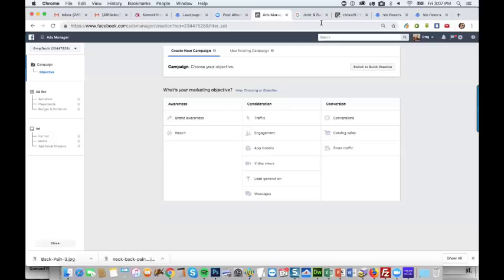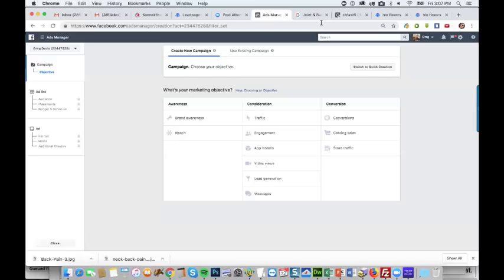Let's see. Do you have to set up different pixels for different websites, ads, etc.? Well, it depends. No, not as long as you're in the same ad set, you can use the same pixel. Now you might have to use different actions. For example, if you have an opt-in, then you want a pixel on the thank you page of the opt-in to let you know you got an opt-in. Then you want another pixel for the sale, but it's actually the same pixel.